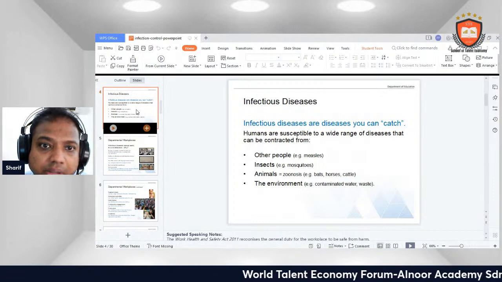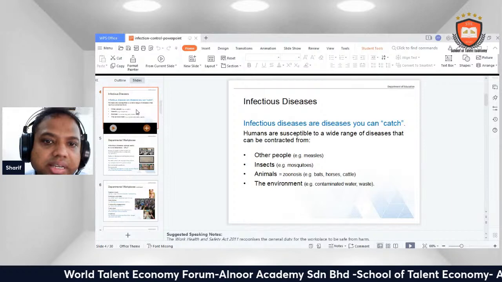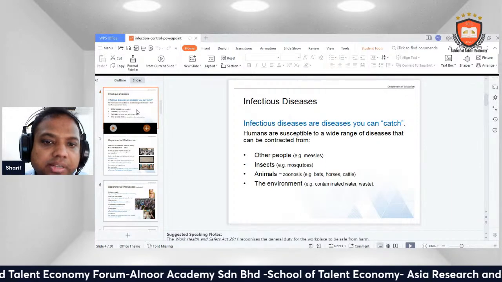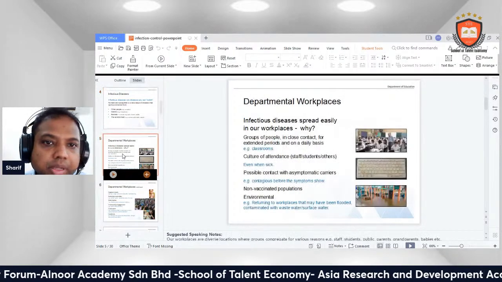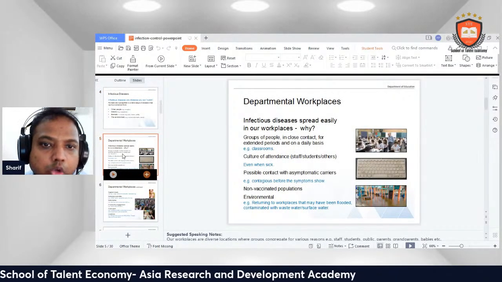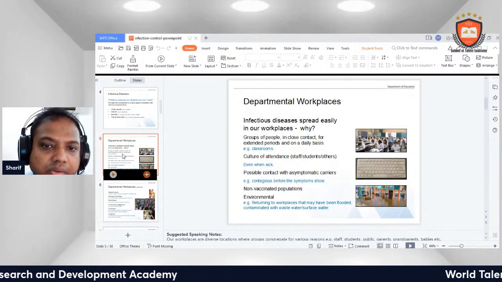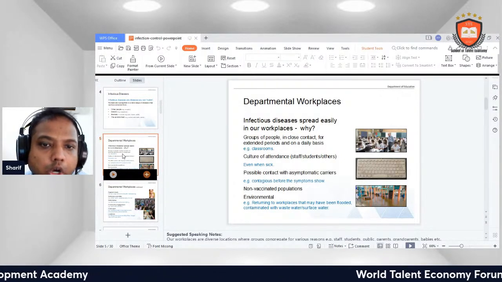Infectious diseases are diseases you can catch. Humans are susceptible to a wide range of diseases that can be caught from other people, infections, animals, and the environment. In a departmental workplace, infectious diseases spread easily. Why? Groups of people are in close contact for extended periods on a daily basis, with a culture of attendance by staff, students, and others, and possible contact with